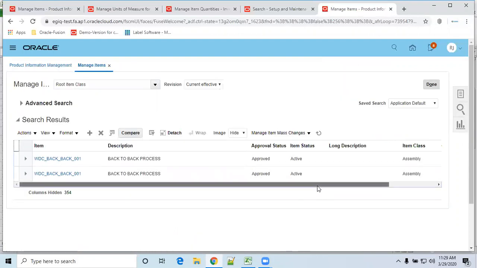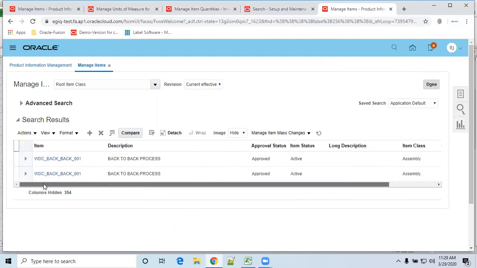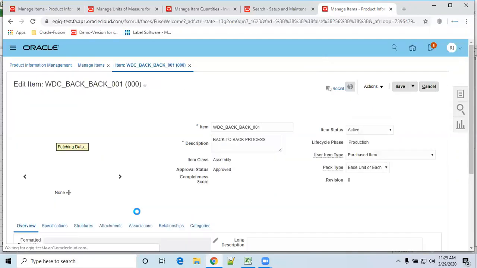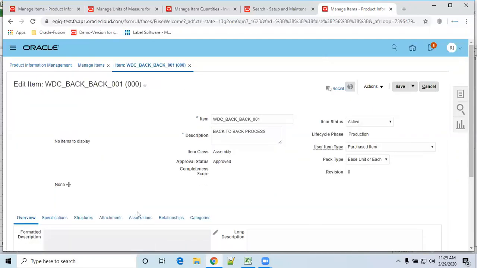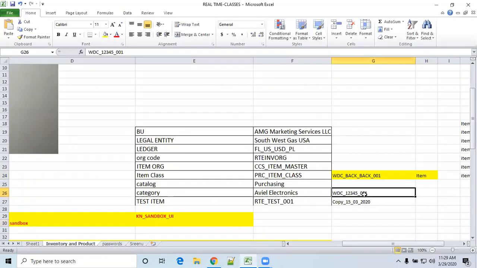Here you can find 00 is the organization. Now we'll see whether the system will allow making a relationship, because this item belongs to 00. 00 is the master arc, but whatever item we define belongs to this inventory arc.